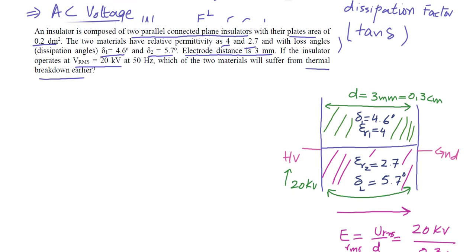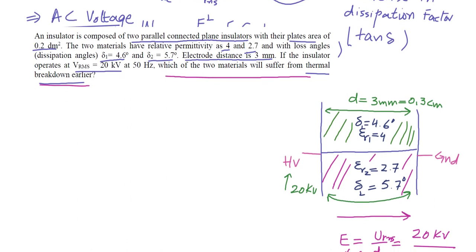Now in the question, we need to determine which of the two materials will suffer from thermal breakdown earlier. So the material in which the heat being produced under these conditions will be higher will suffer from thermal breakdown earlier if the cooling is not efficient. Generally, our insulator can break down if cooling is less than the heat being produced. If the rate of cooling is less than the rate of heat being produced in the insulator, then the insulator will suffer thermal breakdown. Okay, so now let's solve for